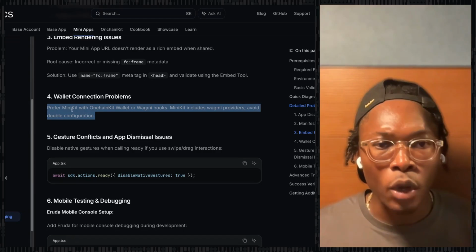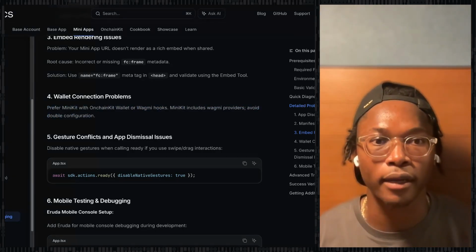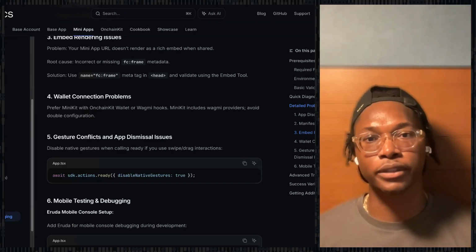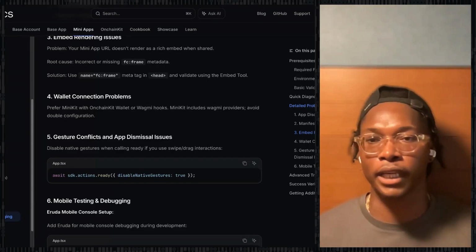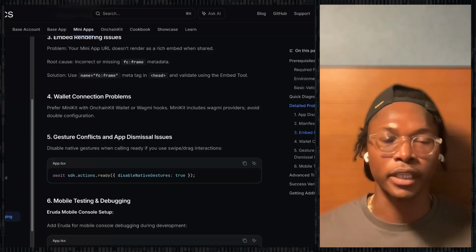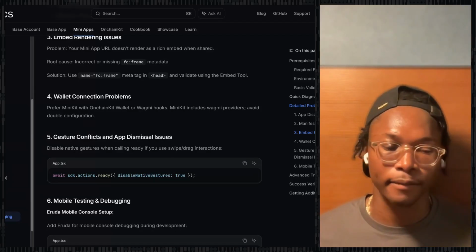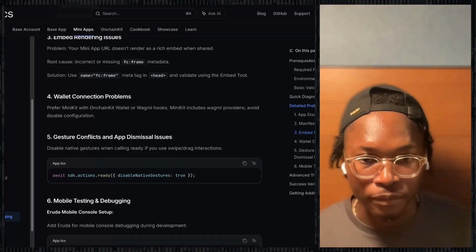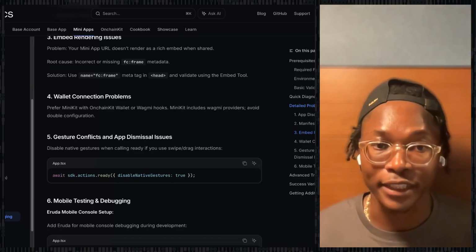So when you're building mini apps for TBA, the number one thing that comes up with wallet issues is if you're using maybe an embedded wallet, maybe Privy, maybe Thirdweb, and things like that. But like we just showed you, TBA itself is a wallet.